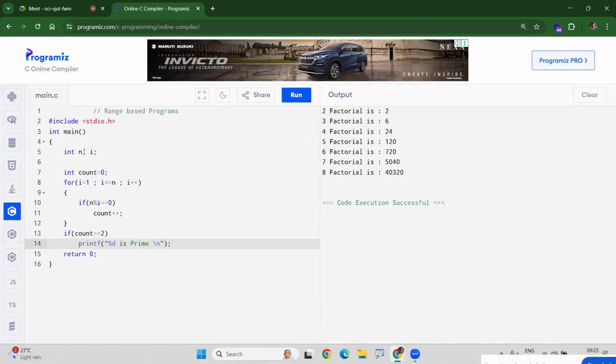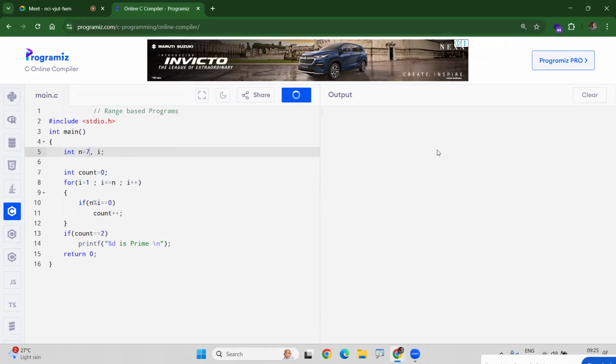Let's say n value is 7. It is printing that n is a prime number. 7 is a prime, 7 is a prime number. But now the question is,